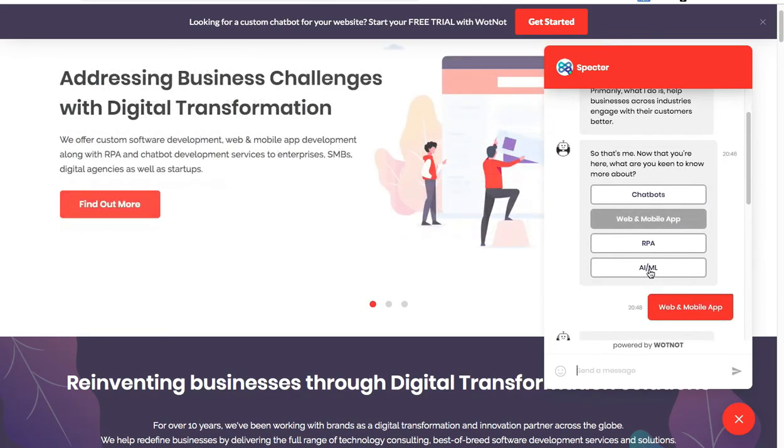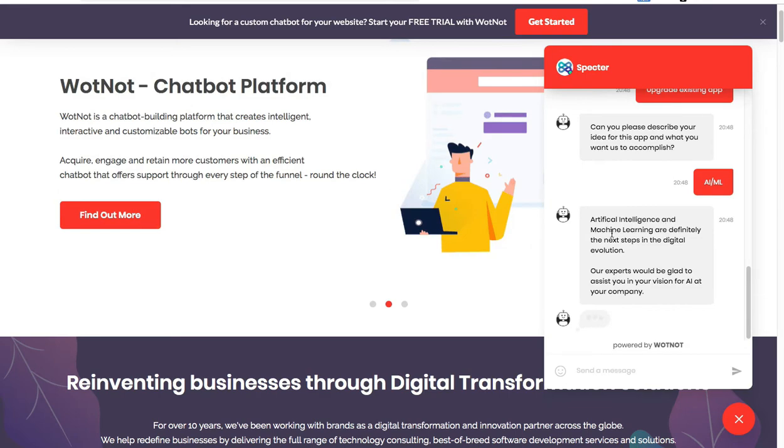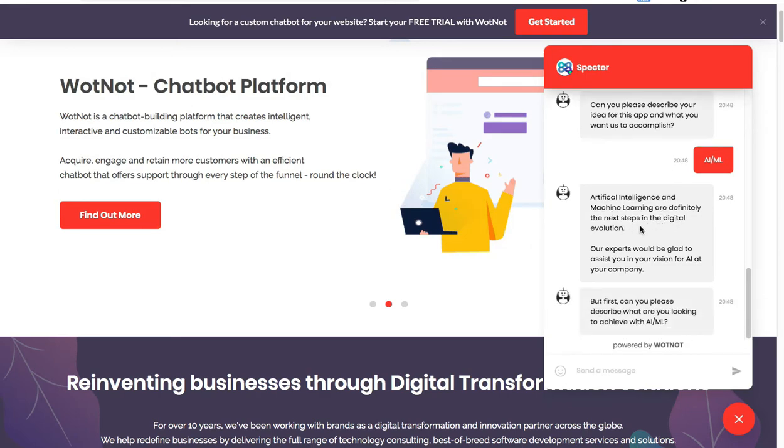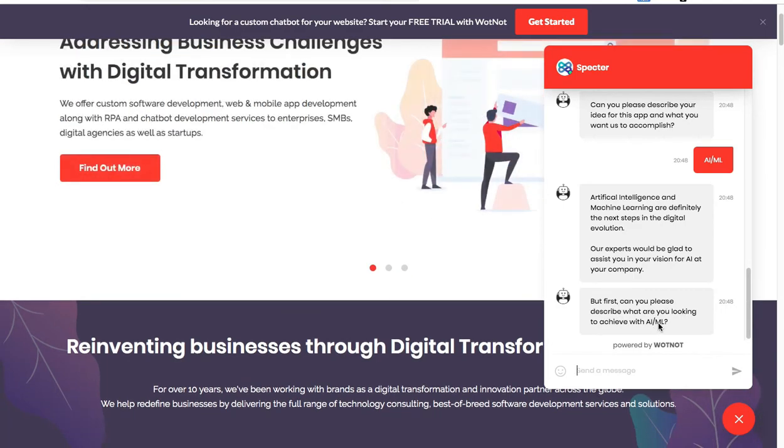What if I select AI and machine learning over here? Let's see. If I select AI and machine learning, it says, artificial intelligence and machine learning are definitely the next steps in the digital evolution. But first, can you please describe what you are looking to achieve with AI and ML.